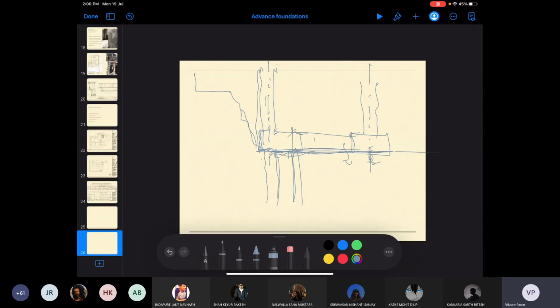Even if I don't assume a pile cap, I assume that this layer is of the hard strata, or bearing strata, right? So beyond that, I don't need to go. But even if I don't have to go, I still need to have a pad footing, correct? So these are the pad footings.